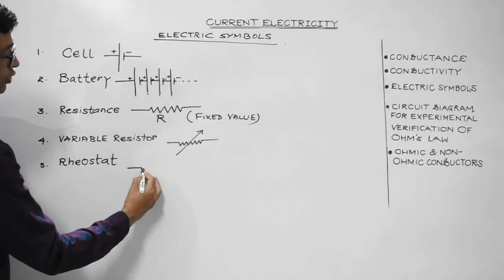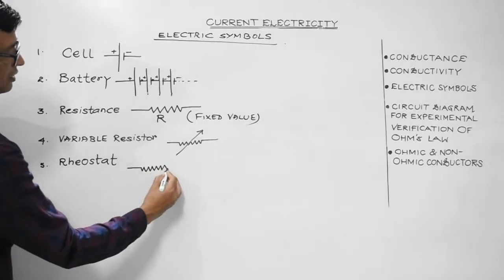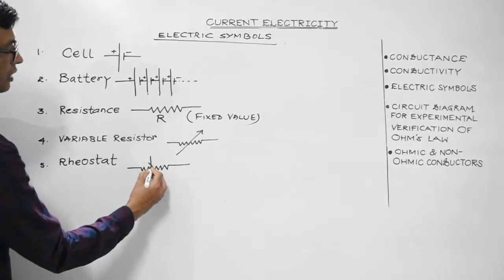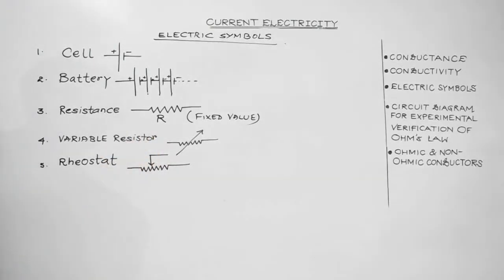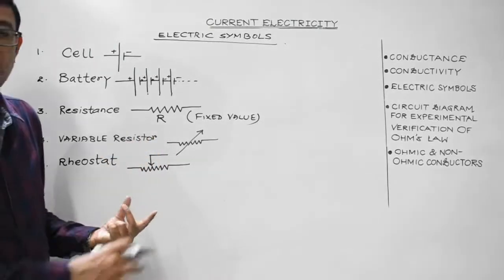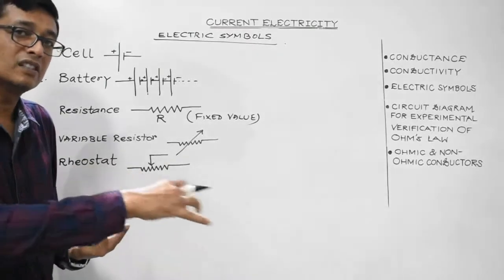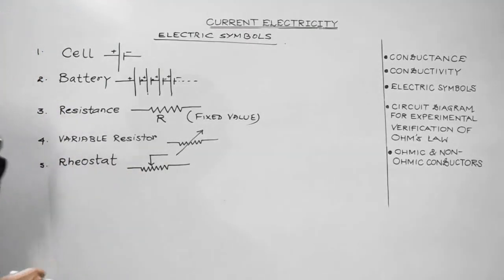This instrument is also frequently used. Its symbol is like this. It also acts as a variable resistor. It is used to vary the value of resistance in a given electric circuit. Then,